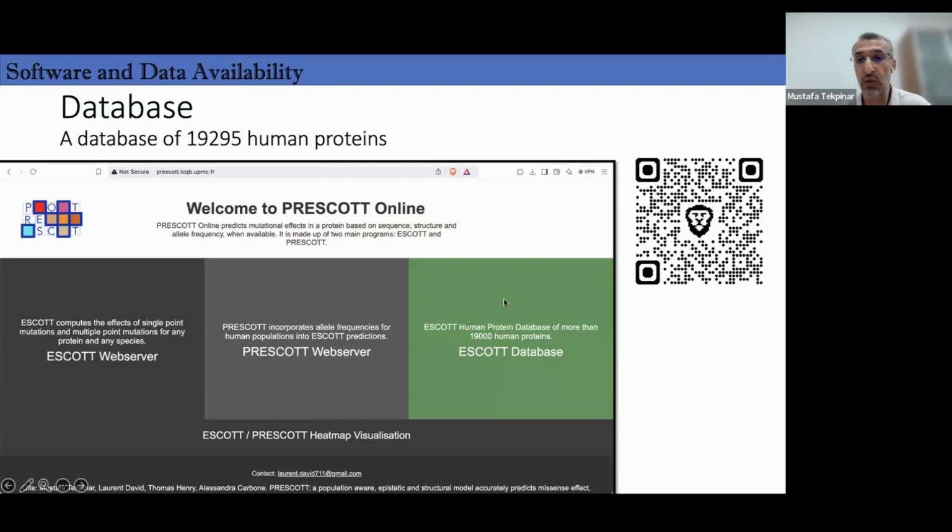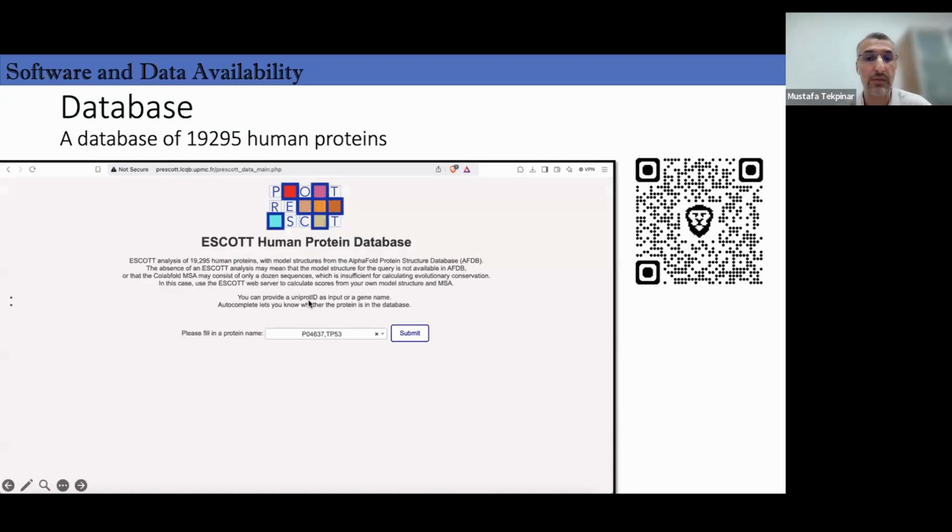And here I want to show our PRESCOTT database as well. As I said, it contains about 19,000 human proteins, with predictions for all of them pre-calculated. If you go to the PRESCOTT database, you will encounter this screen. In our PRESCOTT database, we use two values to search for the proteins of interest. It can be your UniProt ID of your protein, or it can be the name. But as you all know, names may not be unique, or there may be multiple names for a protein. So I would suggest you use the UniProt ID if you